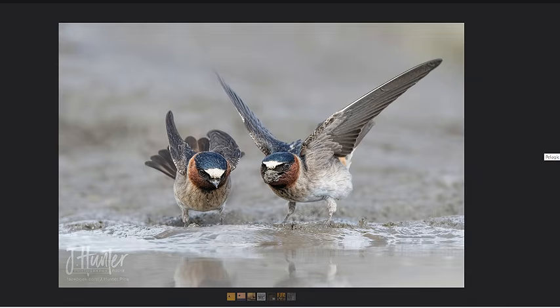I think you shared a lot of great pictures. This one really exemplifies that theme almost perfectly: seeing the behavior they're doing, anticipating it, getting set up, and then getting a shot that really features that behavior. A cliff swallow up on a perch doing nothing, you'll see a lot of those, but you don't necessarily see a lot of eye level gathering, which I assume is their nesting material, that they're building those little